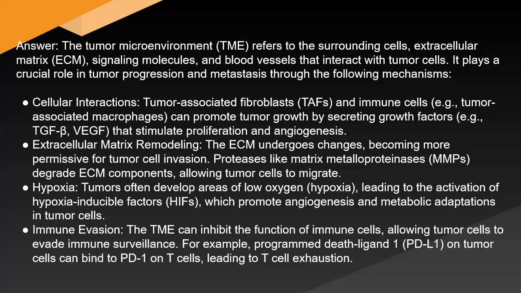Hypoxia: tumors often develop areas of low oxygen, or hypoxia, leading to the activation of hypoxia-inducible factors (HIFs), which promote angiogenesis and metabolic adaptations in tumor cells. Immune evasion: the TME can inhibit the function of immune cells, allowing tumor cells to evade immune surveillance. For example, programmed death ligand 1 (PD-L1) on tumor cells binds to PD-1 on T cells, leading to T cell